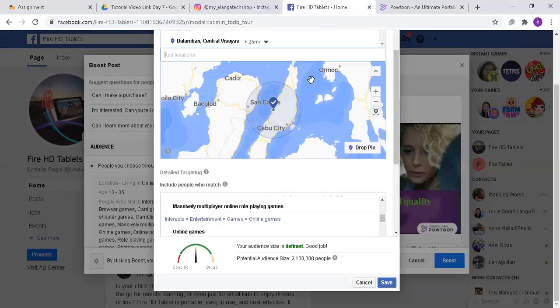Okay, so since the total audience is possibly 2 million in size, I can point to a specific location for it to reduce.